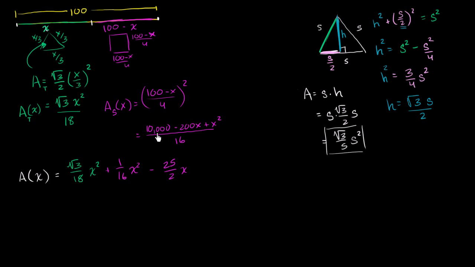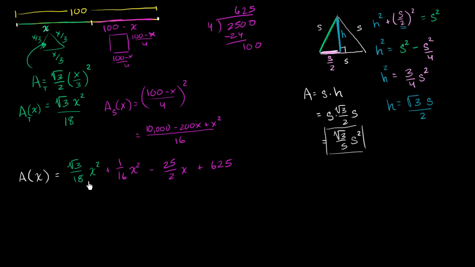And then we have 10,000 divided by 16. So plus 10,000 divided by 16. Well, that's the same thing as 2,500 over 4. And let's see, 4 goes into 2,500. 4 goes into 25 6 times. You get 24. You get 100 here, so it gets 625. So plus